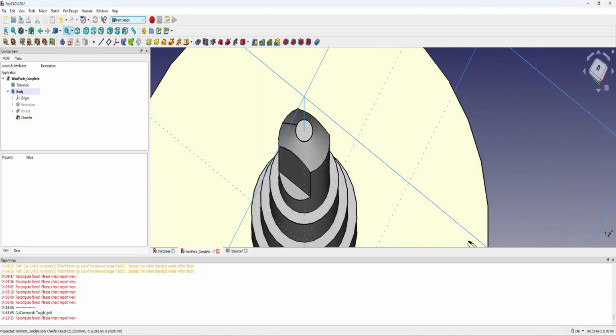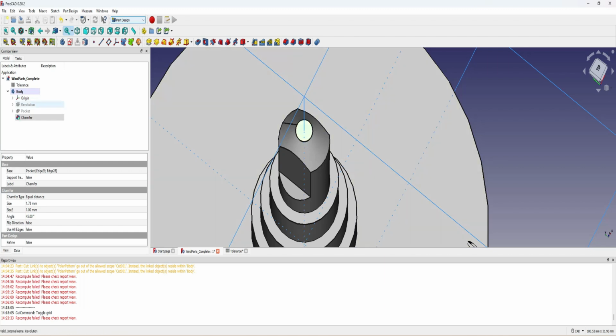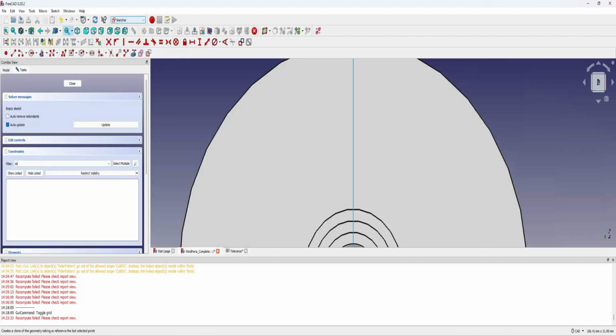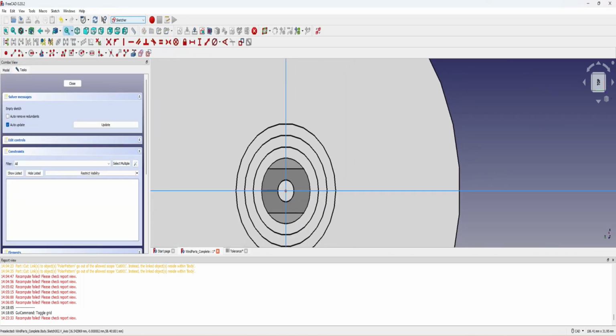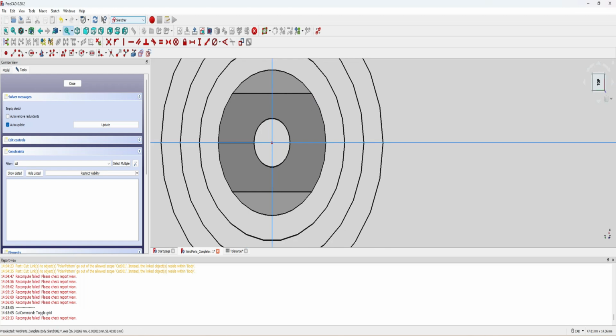Finally, the last part of the model is to put a hole in the very top that I'm going to end up putting a screw through. So I select the small hole that's up there now, create a sketch on that hole. And here I could select the center point of the sketch, create the hole. I'm going to set the diameter of the hole using the